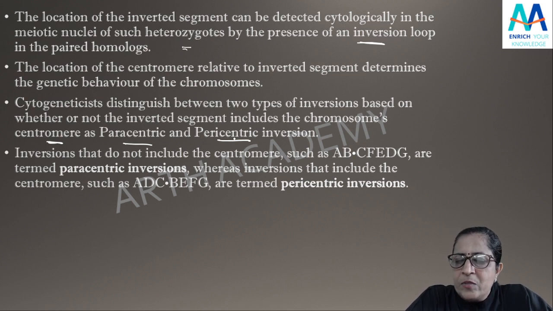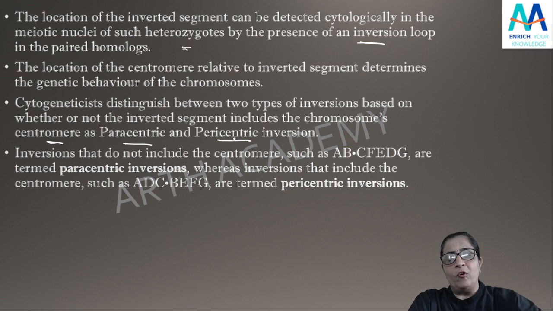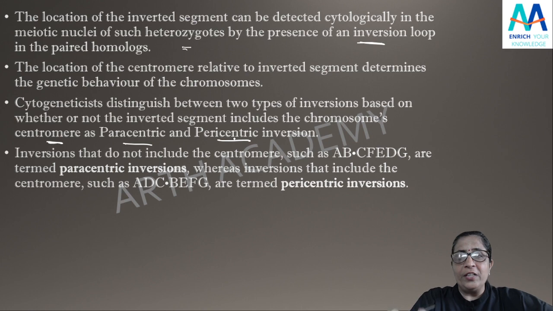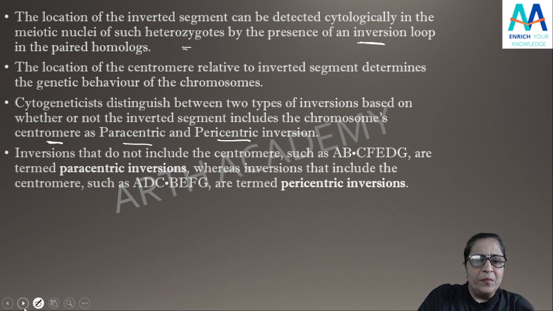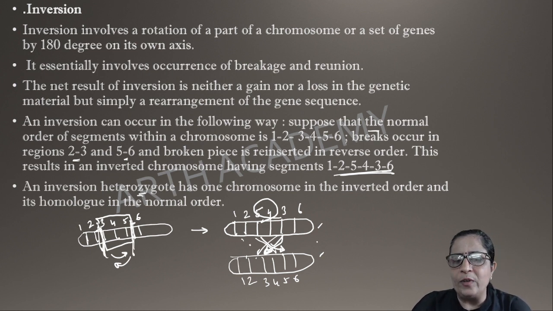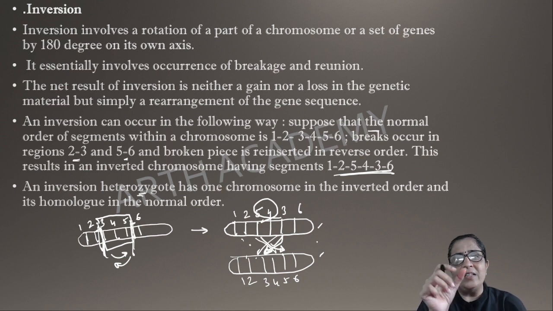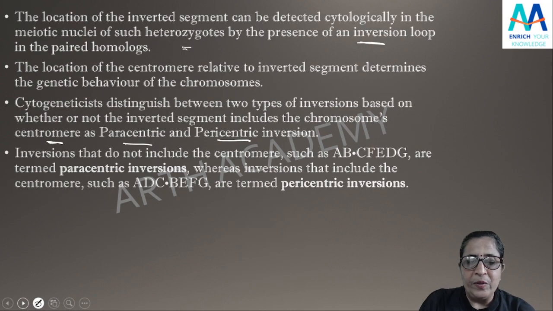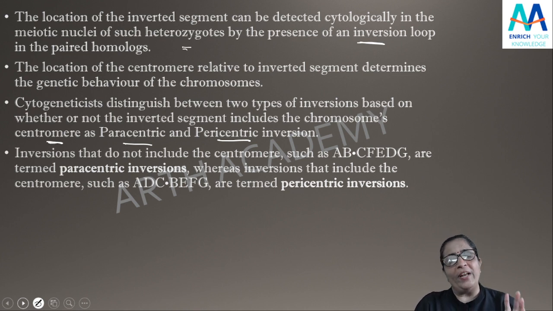ठीक है? So in short क्या पढ़ा हमने अभी तक, what we have seen here, that if I am talking about inversion, it is a product when there are two breaks. Inversion के लिए दो break होगी ना, जैसे हमने देखा. Here this is one break and this is another break. So 2 breaks will be there in a chromosome, and the intercalary segment will reunite. ये फिर से reunite हो गया यहाँ पर, but in a reverse order. So 2 breaks are necessary, and then 180-degree rotation is there in case of inversion. So 2 types of inversion if I say,